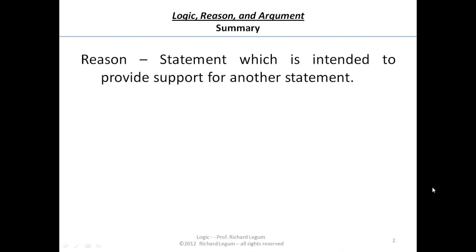Now, with regard to the term reason, we wanted to be a little bit precise because there are a couple of different meanings of what reason is. Reason is certainly an ability that people have. But in the sense that we're interested, a reason is, and think of it always as a reason, a statement which is intended to provide support for another statement.